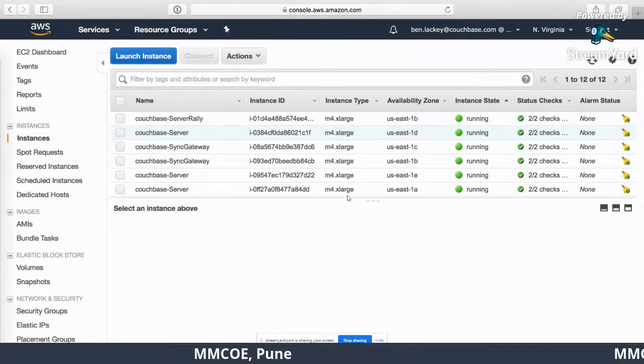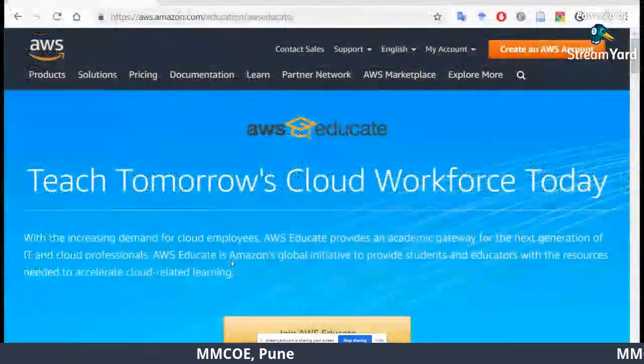You can see some of these instances running here, named things like Couchbase server, Couchbase gateway. So when you make use of Amazon Web Services, you can see those instances running on behalf of the user.